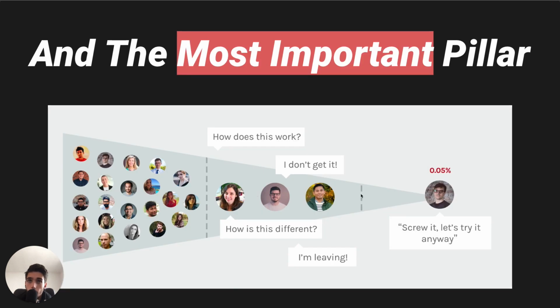And the most important pillar is basically the messaging, right? So who cares if you created all of this amazing product, if you have all of the other points to create an ideal offer, if you have amazing support, if you have integrations, if you have training, if you add a lot of value, if your product is a lot better. It basically doesn't work if people don't understand that. If people go to your website and they don't see it, it's completely useless. Because they'll have all of these questions, they're not going to see all of the unique selling points that you created, and then it's kind of useless. It's not going to make any difference in your conversions.